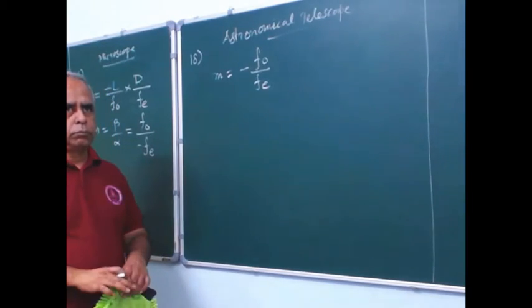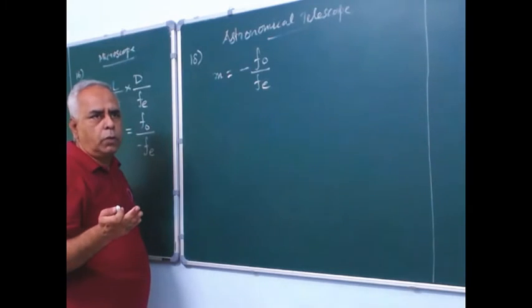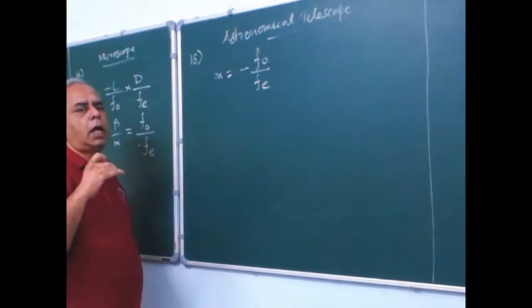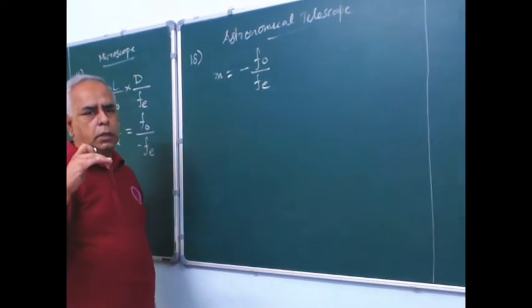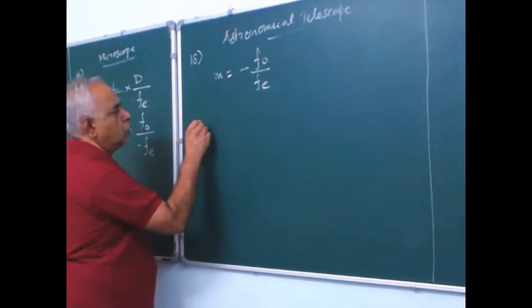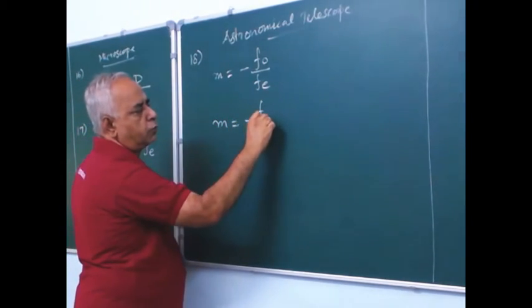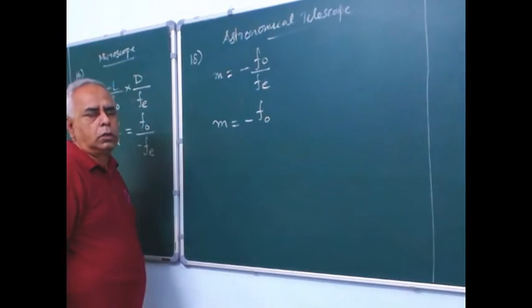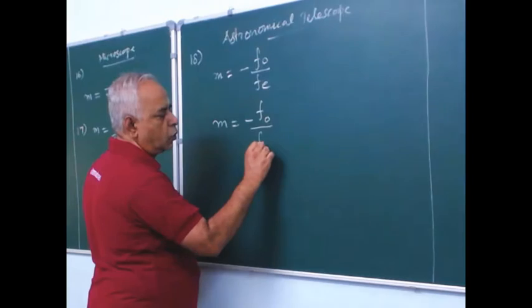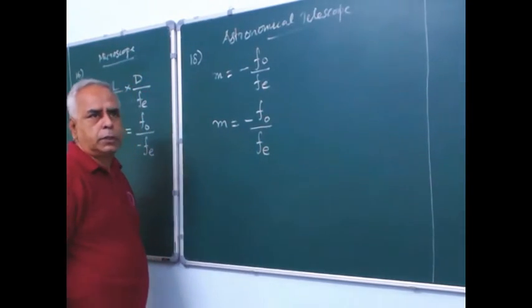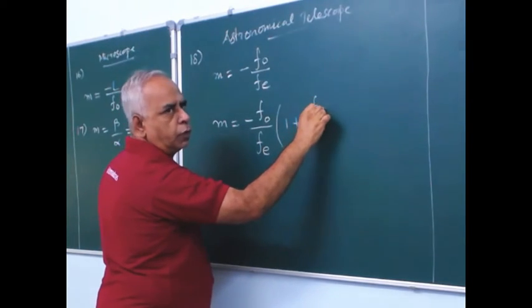And when the image is formed at D, that is at the least distance of distinct vision, in that case M is equal to minus fo. What is o? That is objective lens. So focal length of the objective lens divided by focal length of the eyepiece